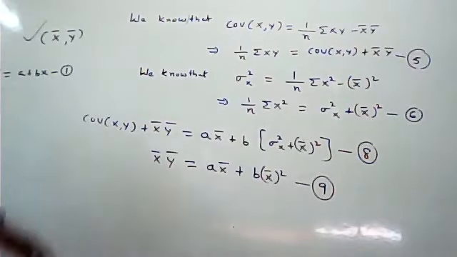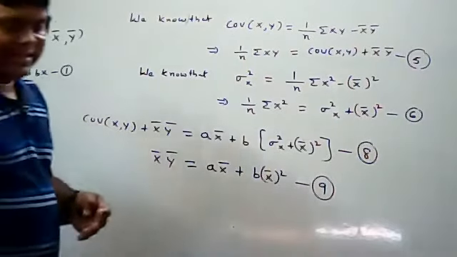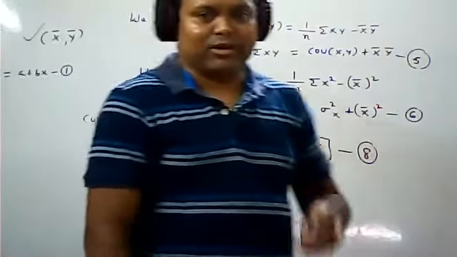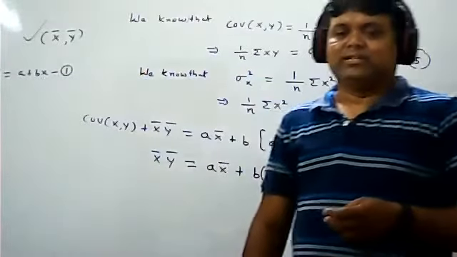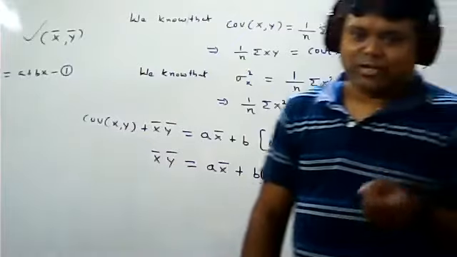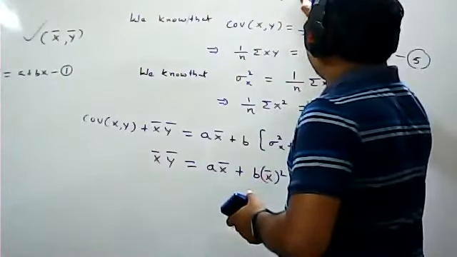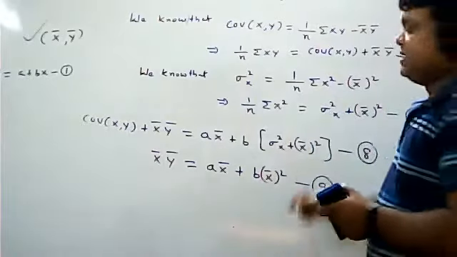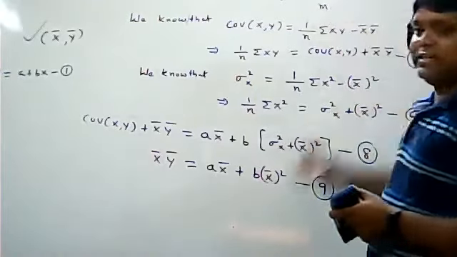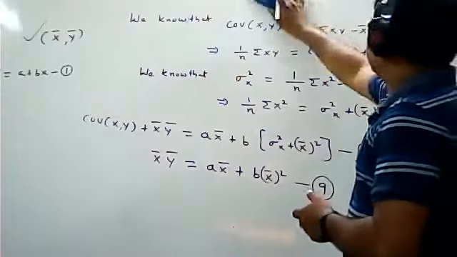Okay. So now, if you want to find the regression line, the regression equation, you require a point. I know the point. Suppose, as you have learned in intermediate, x, y is the point and m is the slope of the line. I think it is clear. Otherwise, I will write it here.